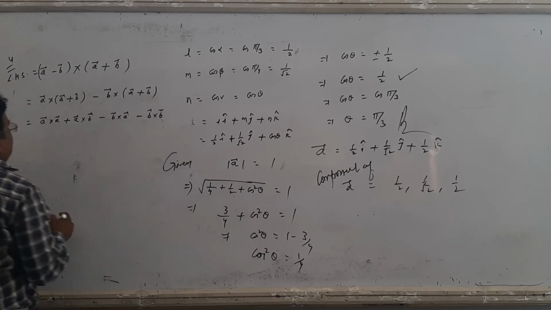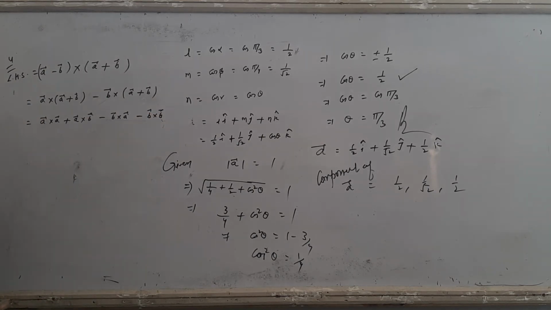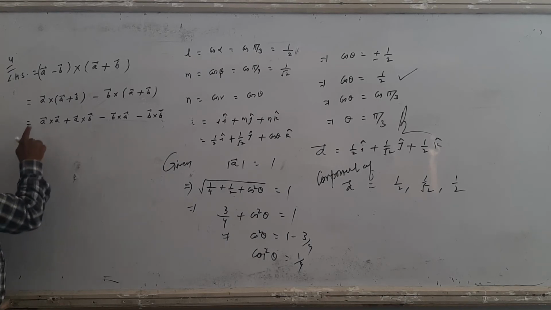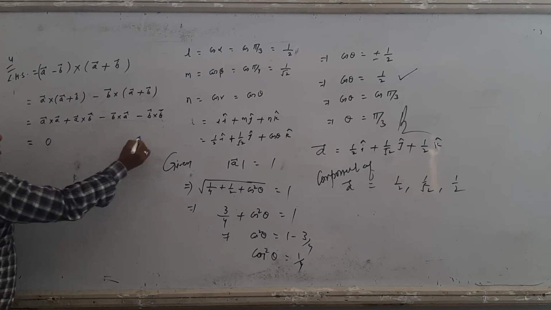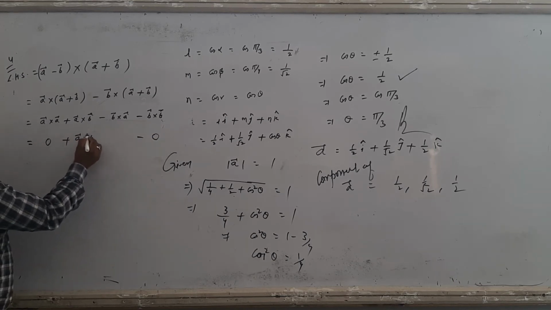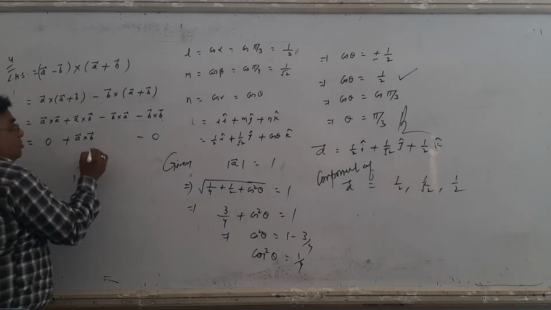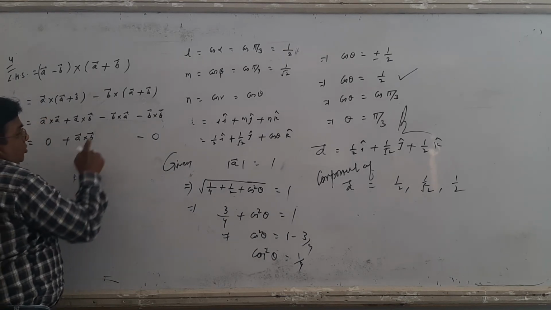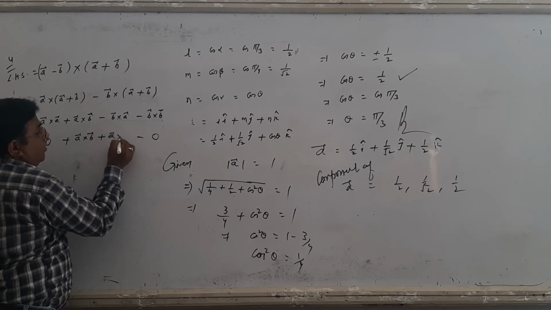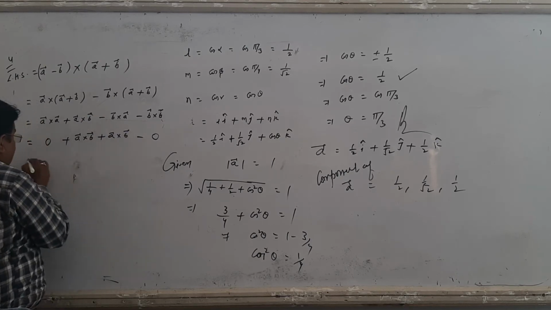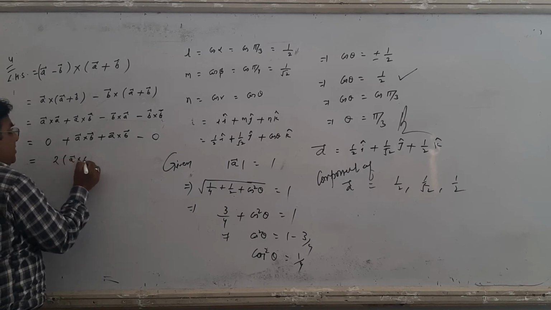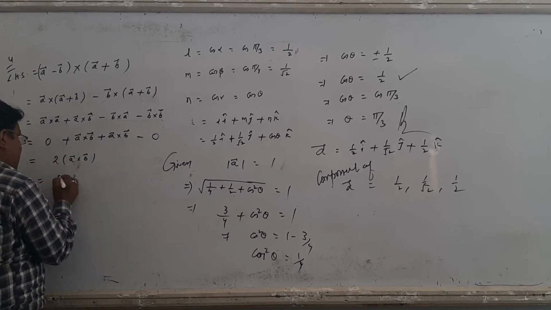In the dot product, A dot A is the magnitude of A squared. But in the cross product, what is the cross product of the same vector? A cross A is 0, B cross B is 0, and in the cross product A cross B is not equal to B cross A. A cross B equals minus B cross A. So if I write B cross A as A cross B, then negative becomes positive. Then A cross B plus A cross B is twice A cross B. This is the right hand side. Hence proved.